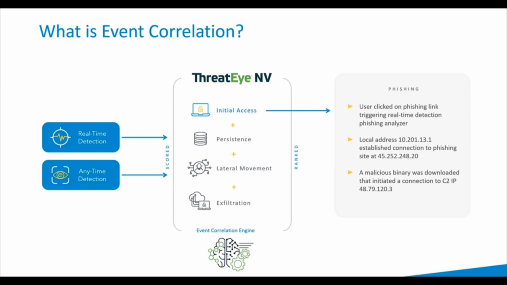So when there's any sort of fluctuation or change in these relationships, or an addition or a reduction to these social communities, with these nodes, we'll be able to track that. So that would be one correlative point. Another correlative point would be a binary was downloaded that initiated the connection to another IP address that was different from the phishing site. And now this would be another addition to that social community within your nodes.